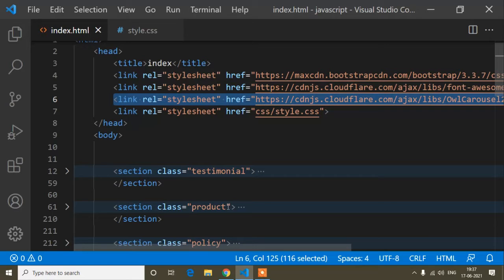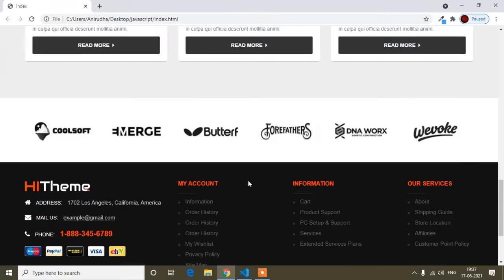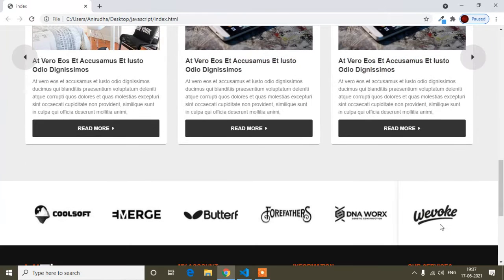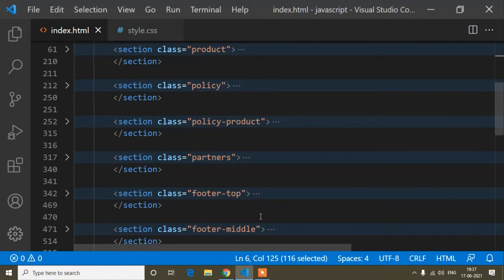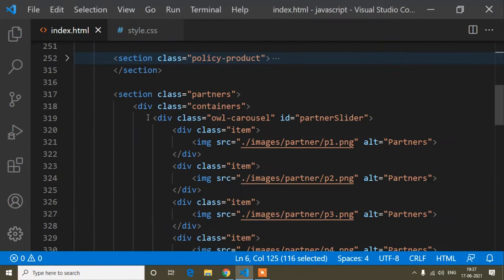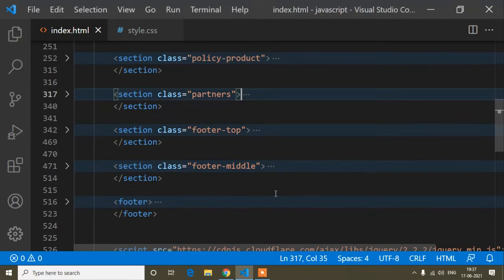So I hope the HTML and CSS link is completed, CSS and JS link. Now after that, here I have already added some owl carousel, here and here also. So I will do one thing, I will copy one owl carousel. I will open this code, and here it is very simple. I will copy from here to here, and I will provide that in the description also.